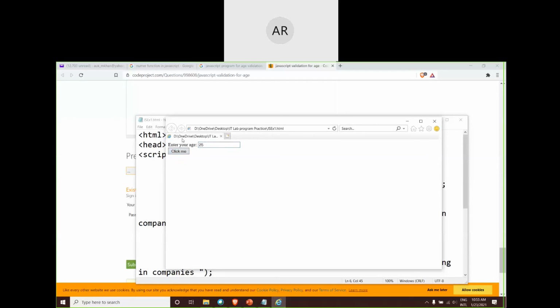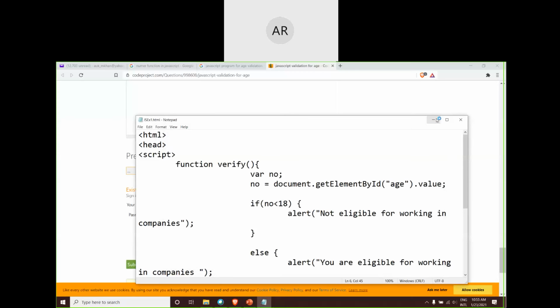So to create this particular functionality, to have these calculations done in the background, for creating this text box, adding this label and creating this button, we use HTML. But what functionality is to be executed when the button is clicked? This pop-up to be generated will be done using JavaScript. Okay, so I just wanted to introduce you to JavaScript. That's why I kept this particular program for you. So let's get back to that particular program and try to understand how it is working.